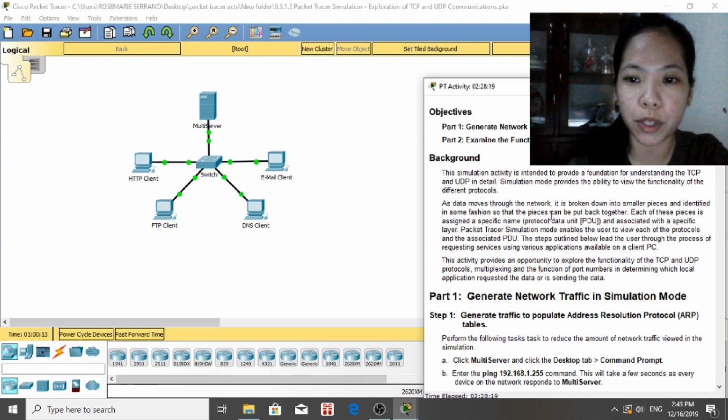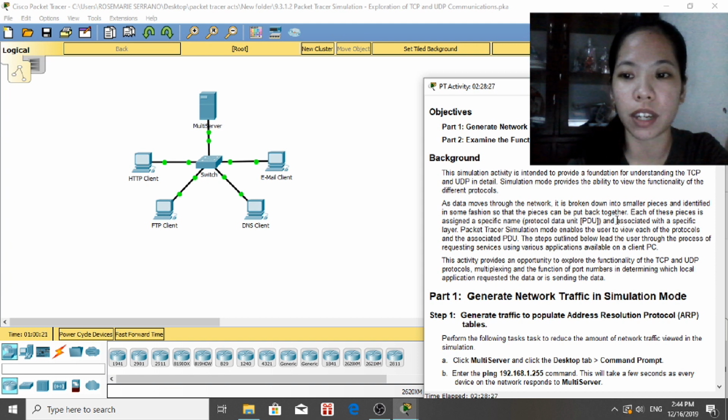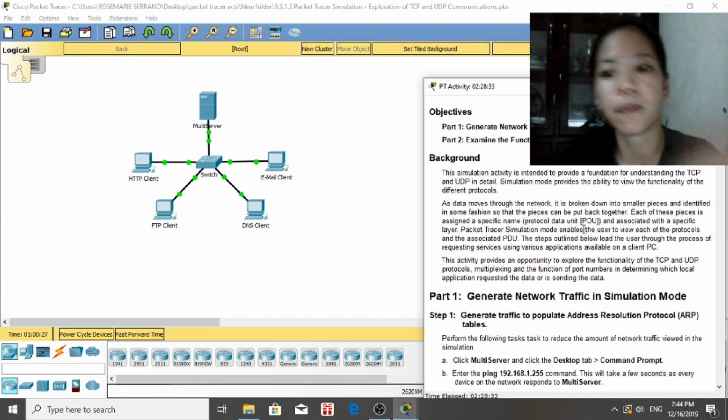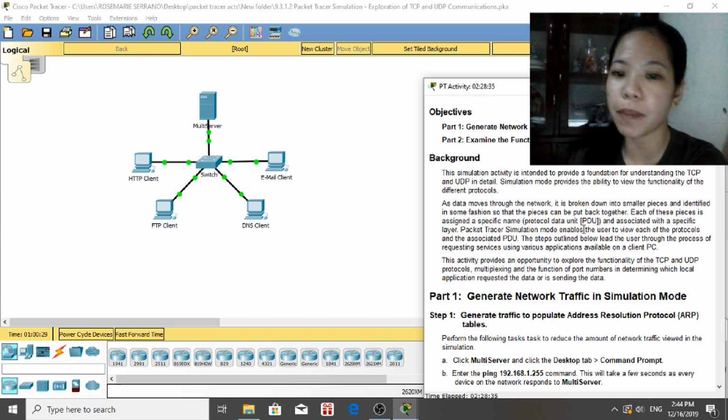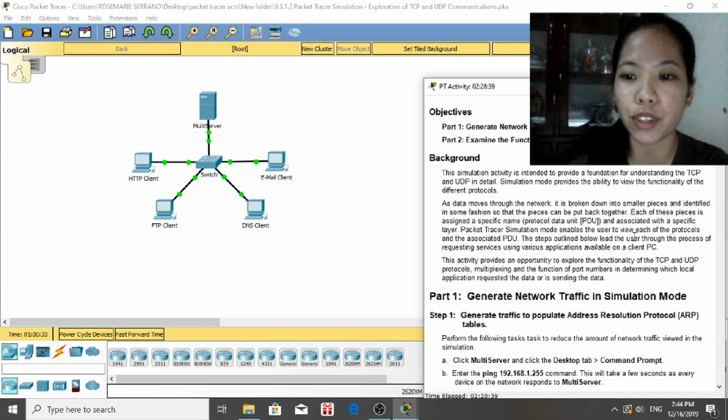As data moves through the network, it is broken down into smaller pieces and identified in some fashion so that the pieces can be put back together. Each of these pieces is assigned a specific name, which is the protocol data unit or the PDU, and associated with a specific layer. So, Packet Tracer simulation mode enables the user to view each of the protocols and the